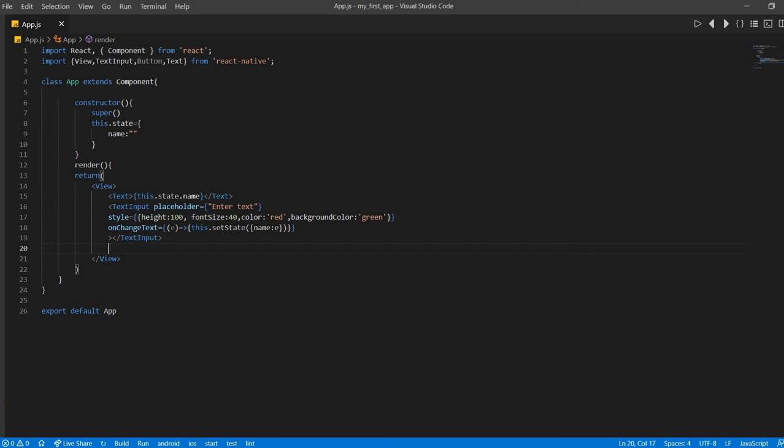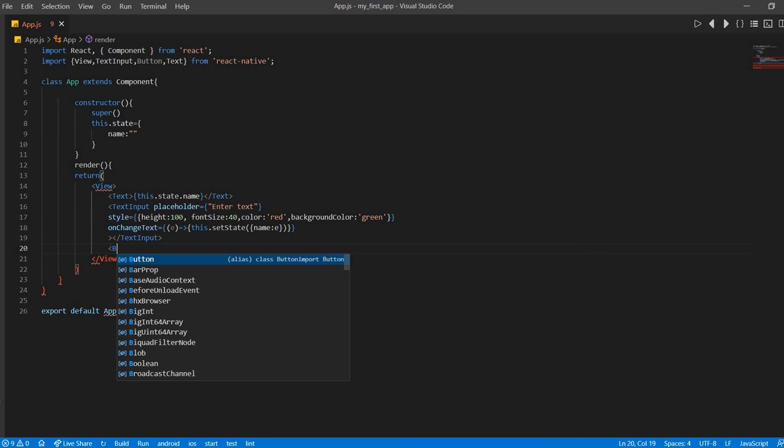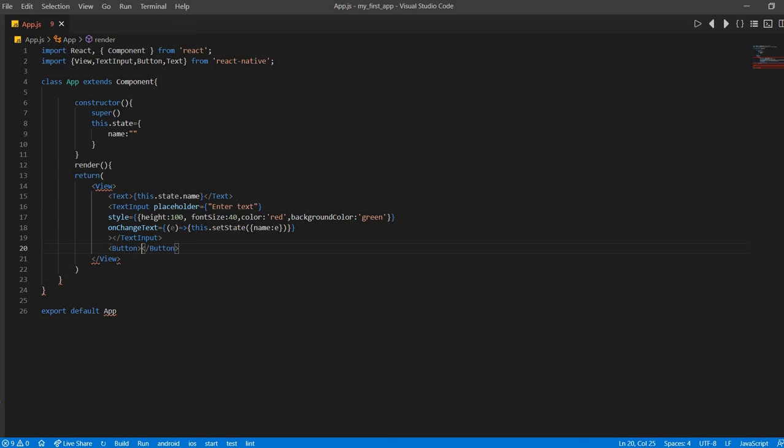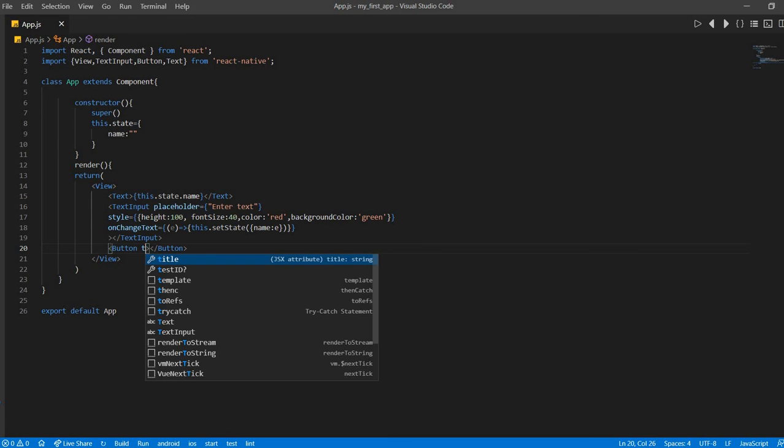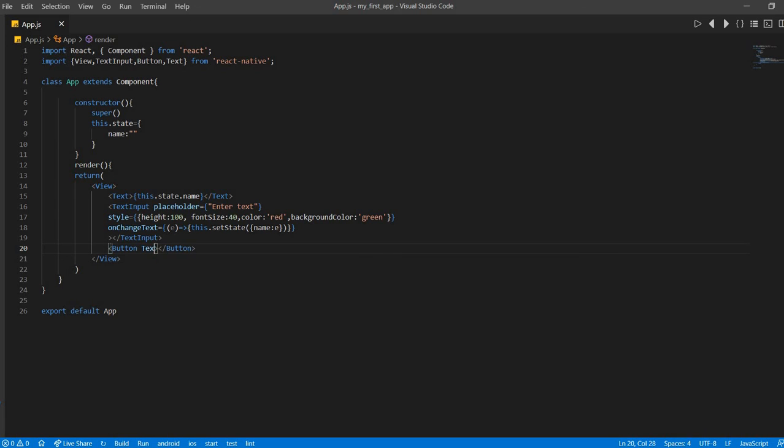Like Button, title, not text, title equal to, suppose, "Press me", and here we can do an onPress event, like onPress equal to onPress.